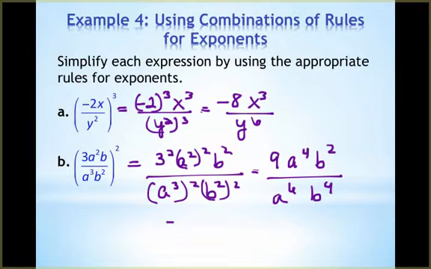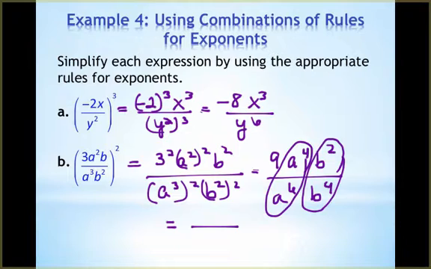But now we have to simplify because remember, we're not allowed to have the same variable or same base more than once. And notice that we have a in the top and bottom and b in the top and bottom. So that's going to give me 9. A to the, if I subtract when I have division, I get negative 2. And b to the, subtract my exponents, I get negative 2. But that would be 9 over